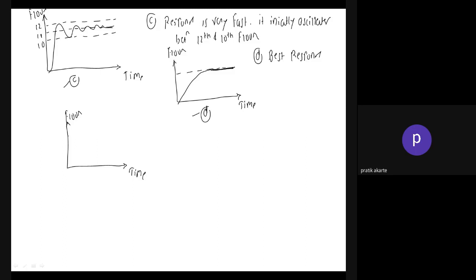Now we have over here 10.5 and we have 11th over here. So the elevator goes up to this and it gets stuck in between the 10th and 11th floor. Now this is your input signal,